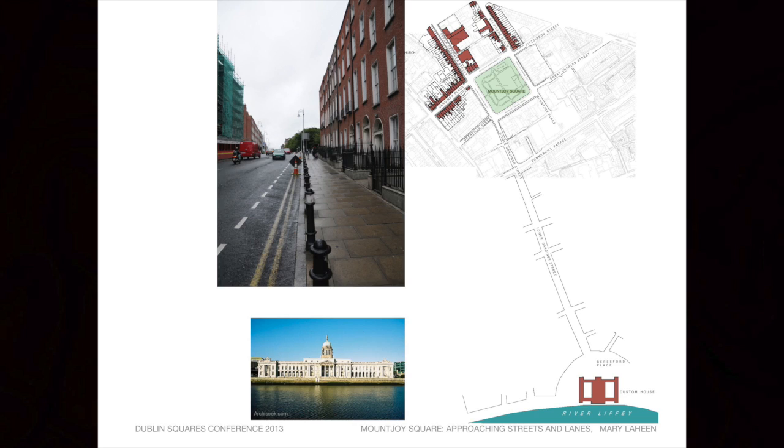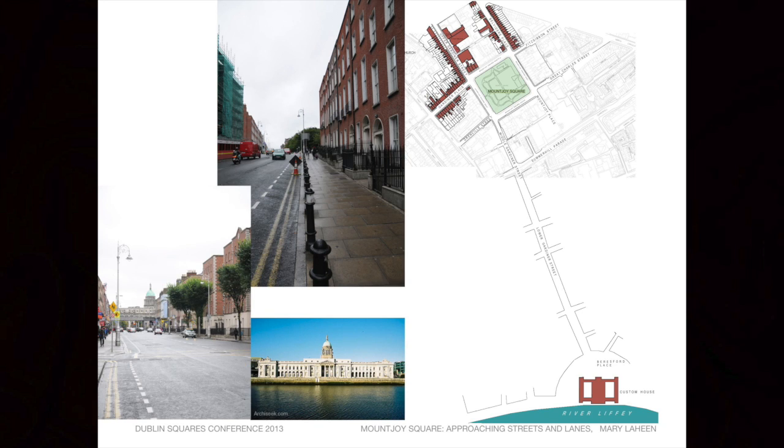You stand at the Custom House looking up and you can see the trees now of Mountjoy Square. In Gardner's day they wouldn't have grown. And you can see the houses actually of the north side of Mountjoy Square. And if you stand at the square looking down, you can see the Custom House, the dome of the Custom House. Unfortunately,